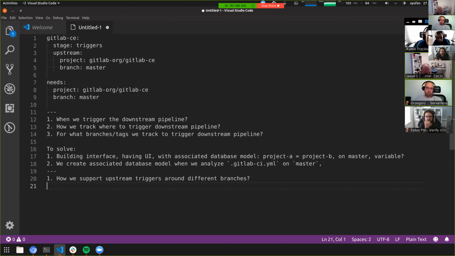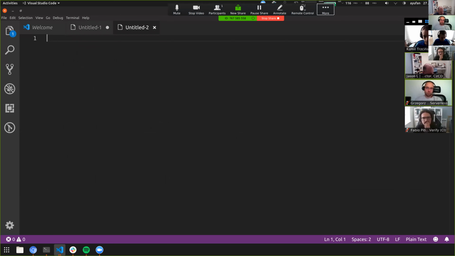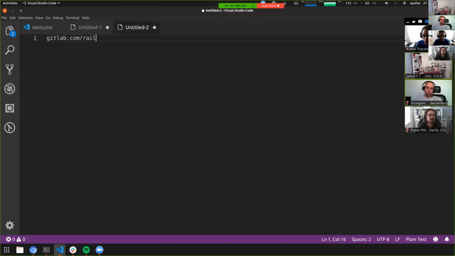One thing we have to avoid: let's say we have this very popular library, like a GitLab.com hosted race, and let's say we have 1 million projects on 10 million branches depending on this race dependency, because it's very popular.